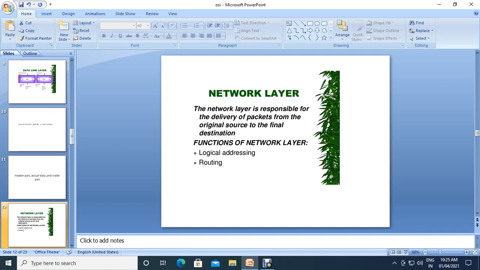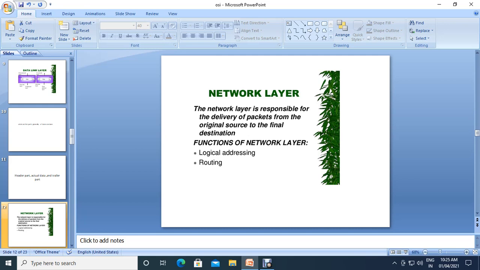Next is the network layer. The network layer is responsible for the delivery of packets from the original source to the final destination. Here original source means the sender machine, and final destination means the final receiver machine.